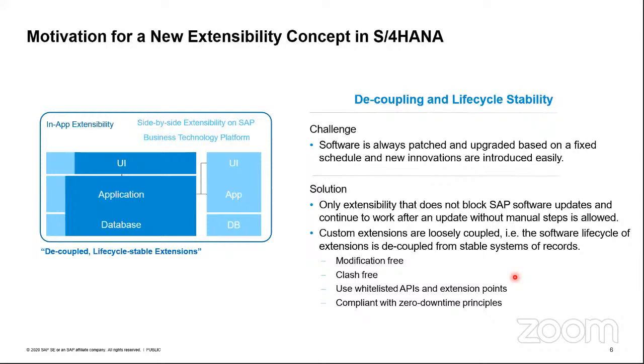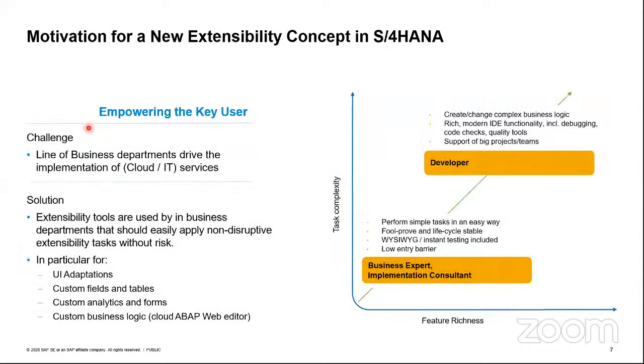So as you can see in the attached image here, both in-app and side-by-side extensibility lie on top of the standard code, and this follows a decoupled approach. Now, how does this empower a key user? If you look at the graph here, on the bottom